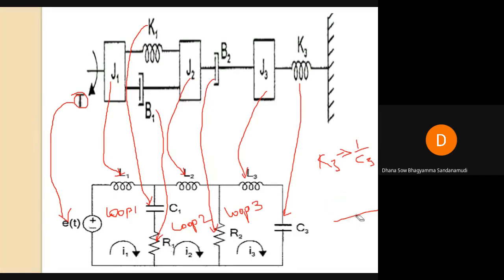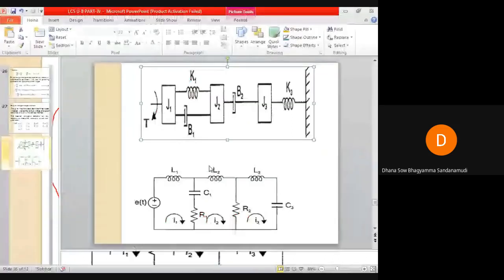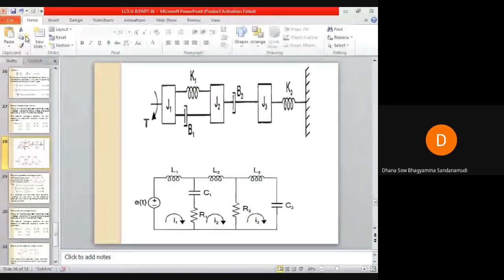Whenever I am solving or drawing like this, open the slide of your tables and look into that. I think you won't have that table, but if you have the textbook, you can refer. So this is it. I'm removing this slide. If anybody has any doubt, you can ask me. If no doubts, no problem. I'll proceed. So this is our circuit.